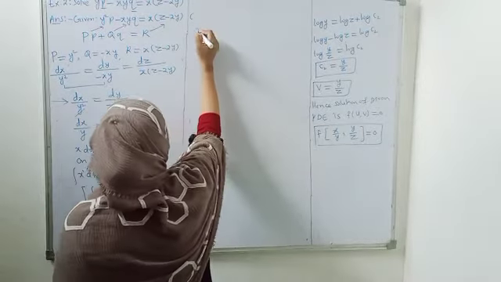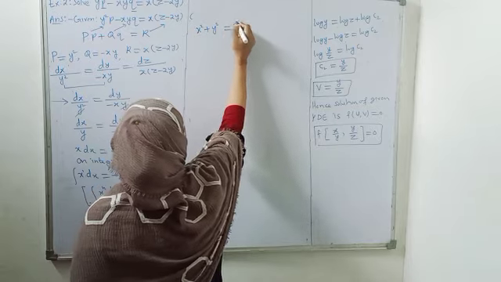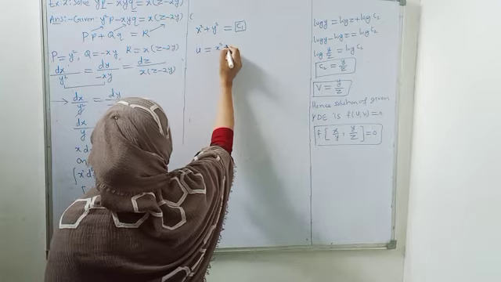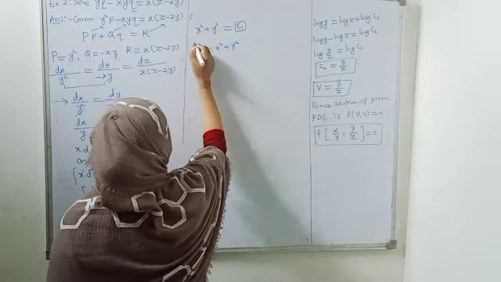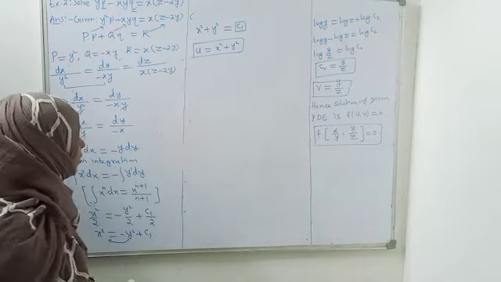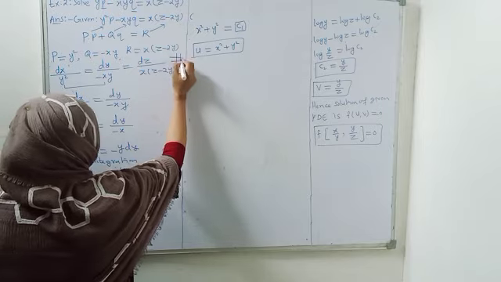So x square plus y square is equal to c1. Call it c1 by u letter. So u is equal to x square plus y square. So this is the first solution. For the second solution, once again look at the auxiliary equation.